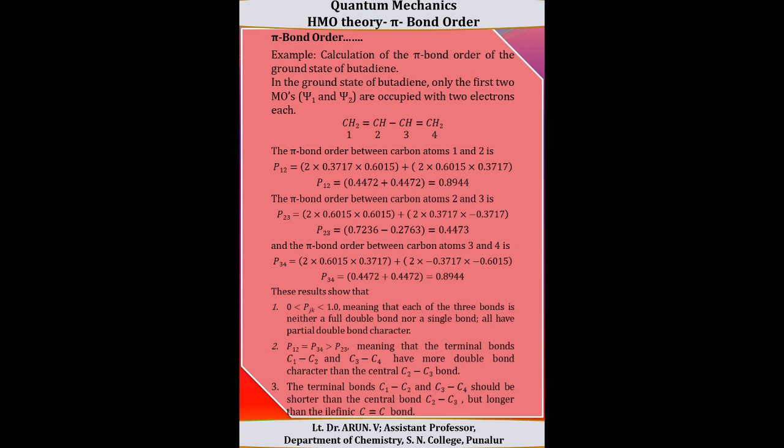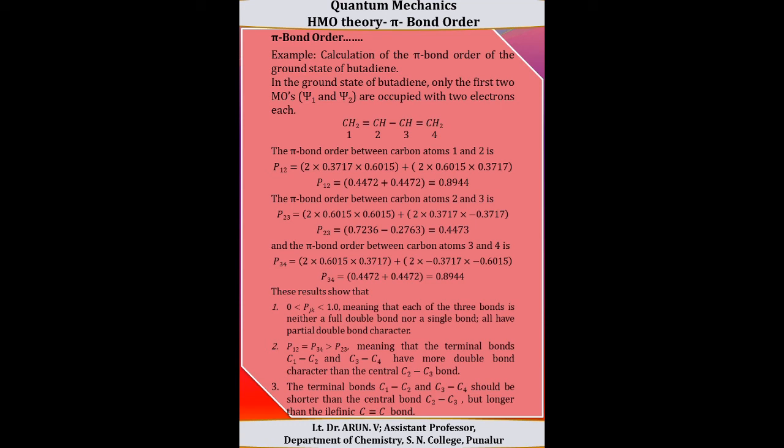There is a total of 4 electrons, occupying the two molecular orbitals psi1 and psi2, 2 electrons in psi1 and 2 electrons in psi2. So it is the sum of the pi bond orders of psi1 and psi2, that is, the electrons present between carbon atoms 1 and 2 in psi1 and psi2. Therefore, P12 is equal to